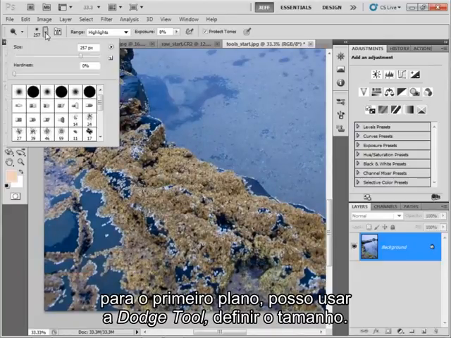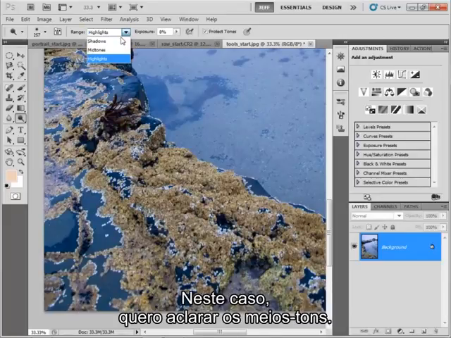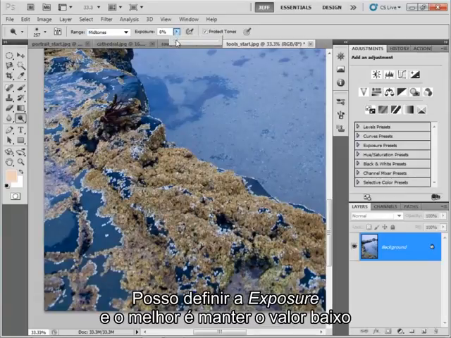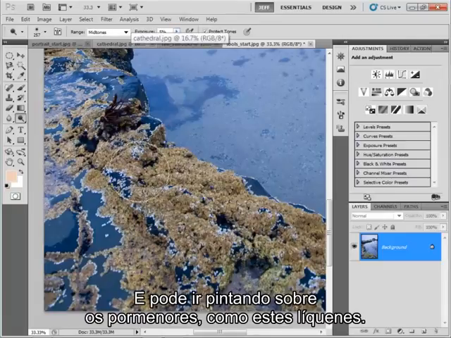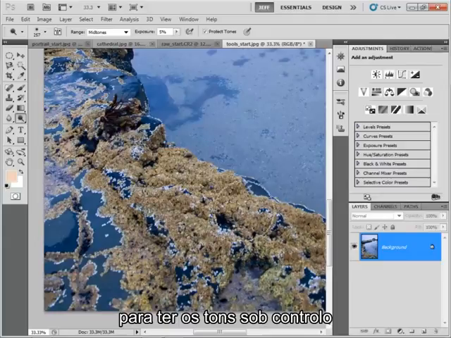I can set the brush size. I can decide what I'm going to lighten. So in this case, I might want to lighten the midtones, and I can set the exposure. Generally, it's a good idea to keep this quite low for dodging and burning, so you can build up gradually, and you can just paint over some detail, over this lichen here, just to lighten things up slightly. And as I say, it builds up very gradually, so you can really take control over the tones in selected